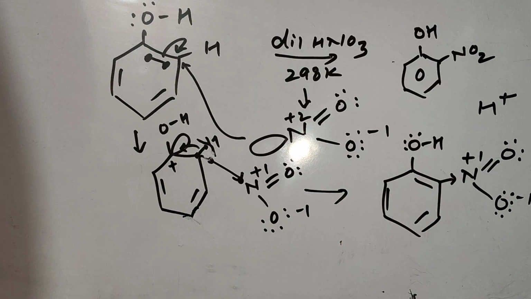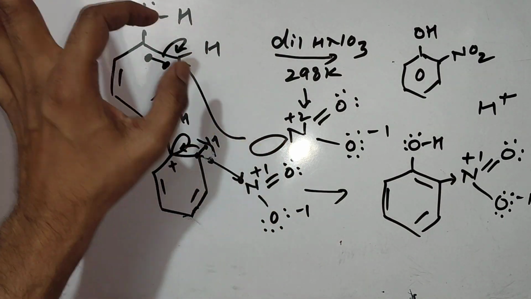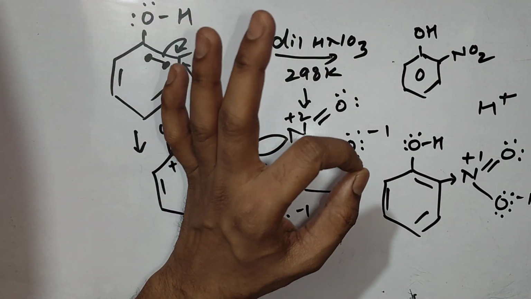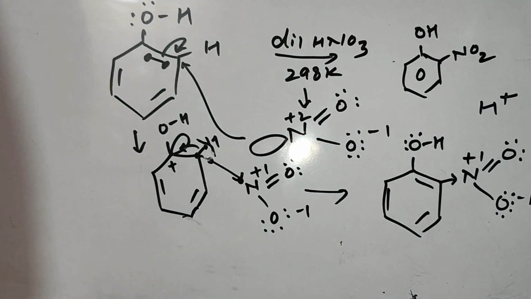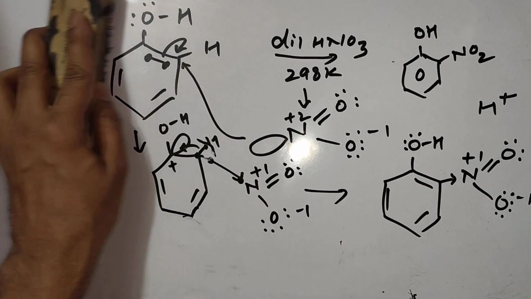In this fashion, you can make the mechanism of para attack also. Here I have attacked the ortho position. You can attack on the para position and para nitrophenol will be generated. So this is the mechanism. Please note down. Now the important point,